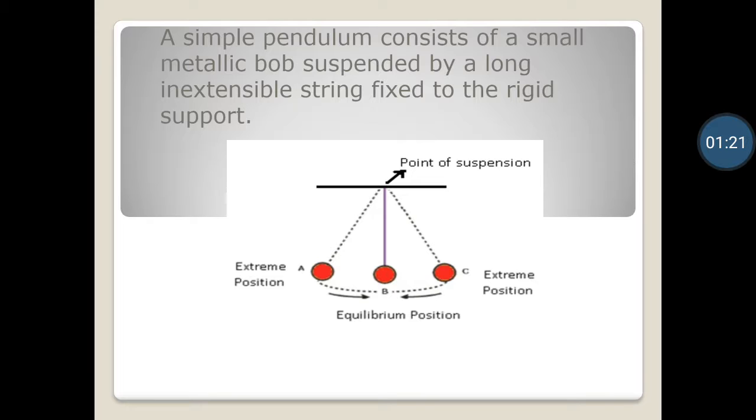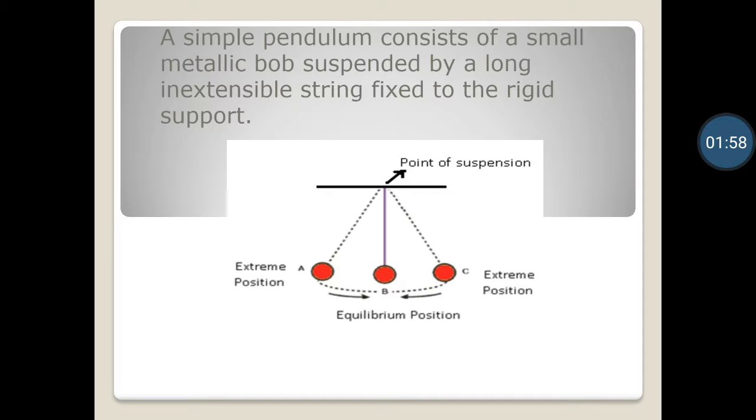And the position B is called central position, equilibrium position or mean position. A position and C position are called extreme positions. Initially the bob is at rest, that is at the position B, when no force is applied on it. As we apply force or push the metallic bob from its mean position, it starts to oscillate about its equilibrium position. So in this figure,